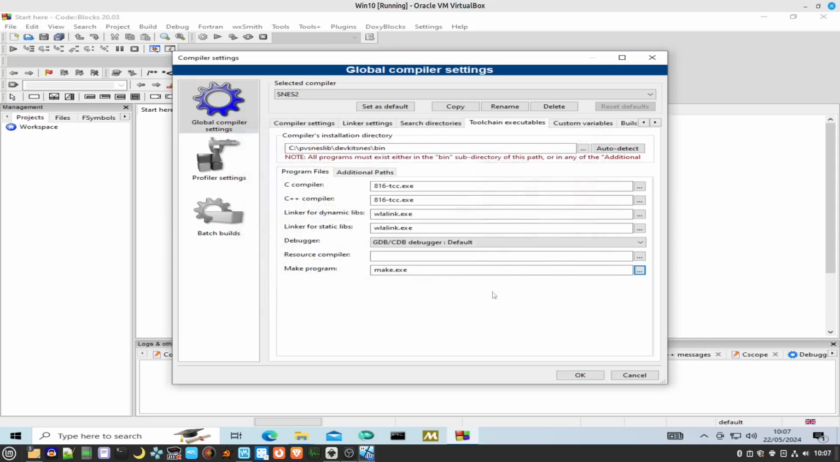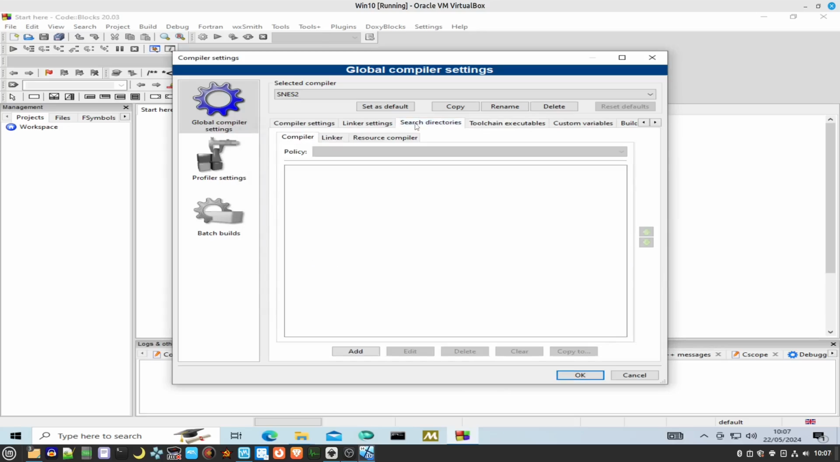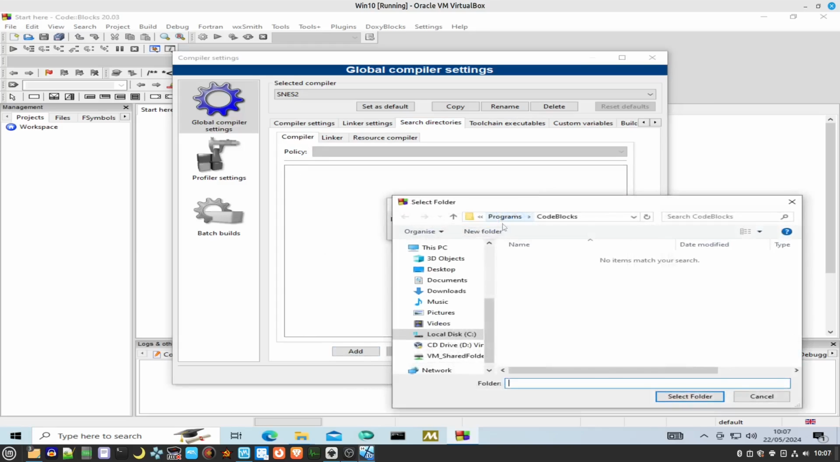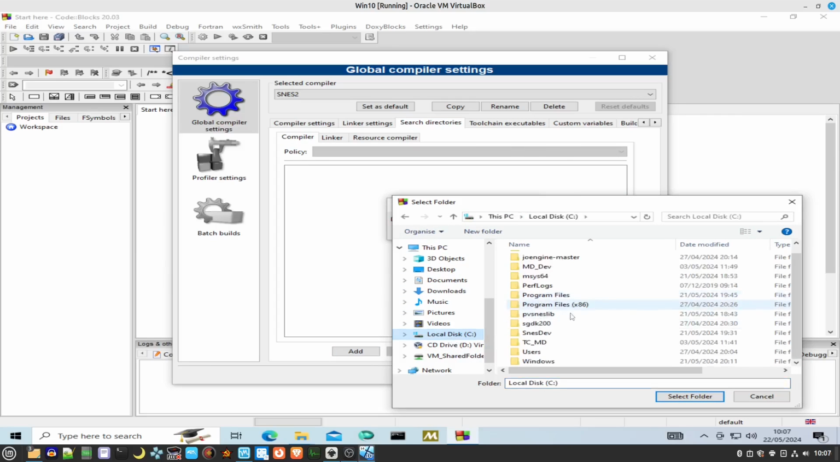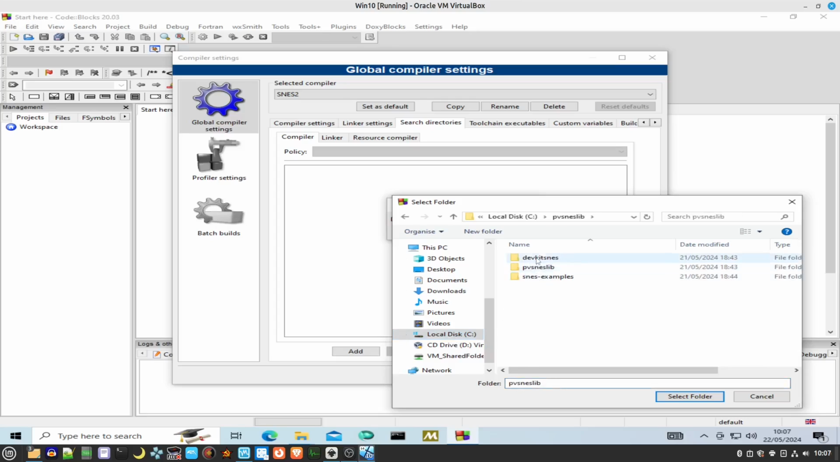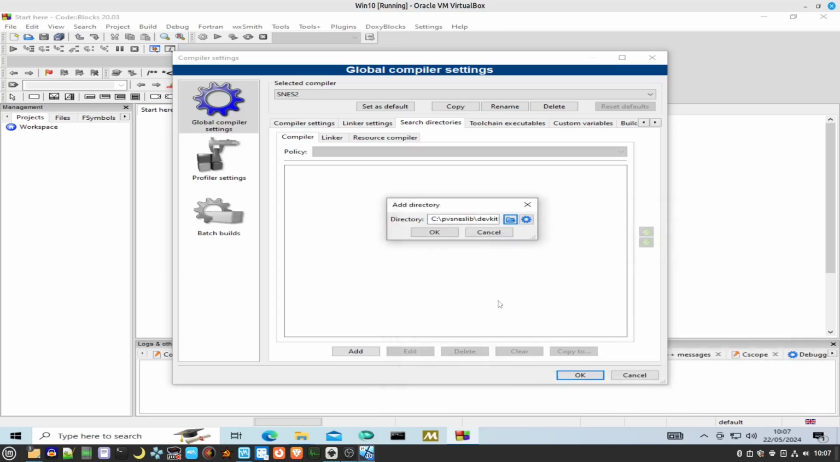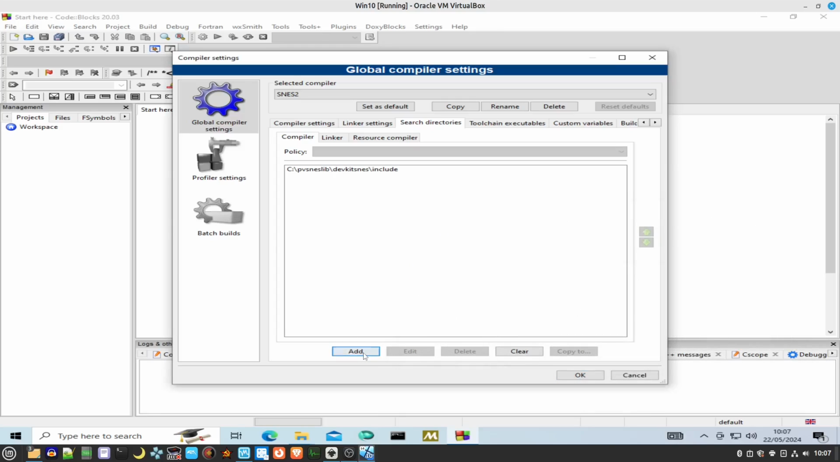There you go. And then in our search directories, under compiler, go to add, and then browse back to PVSneslib, devkit snes, include folder, and we can copy that, select the folder, OK, add